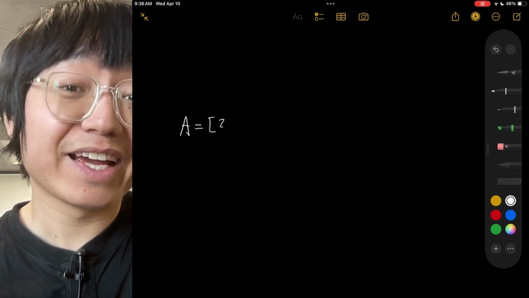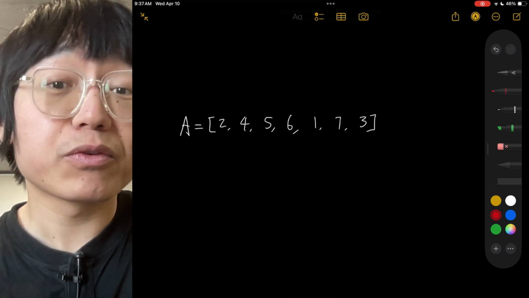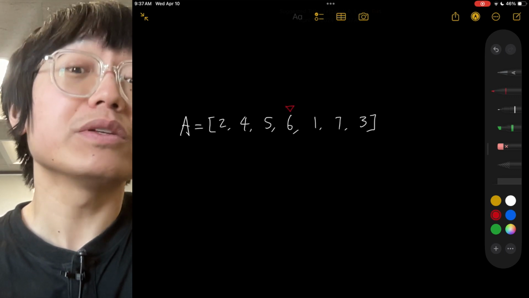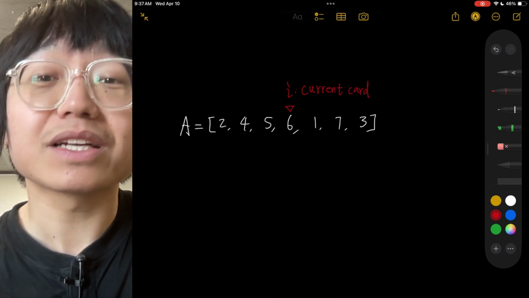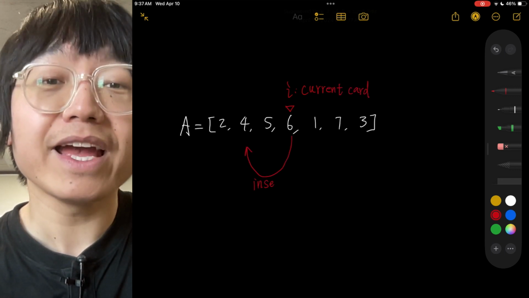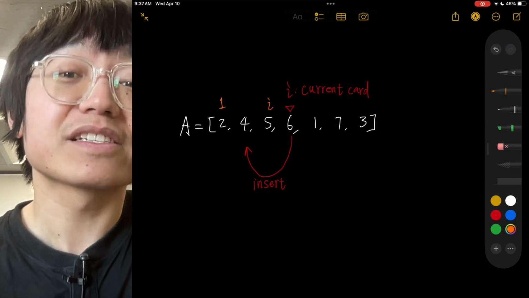We have an array A. We already sorted 2, 4, 5, and 1, 7, 3 remain to be sorted, and currently we are sorting 6. So the index i indicates the current card being inserted into the hand. At the beginning of each iteration of the for loop, which is indexed by i,